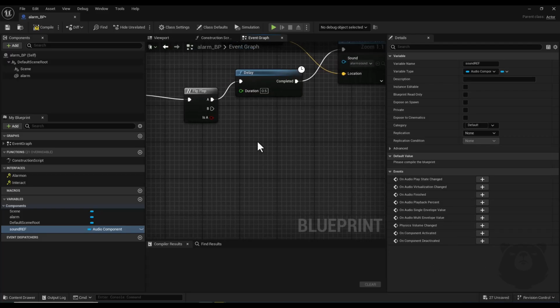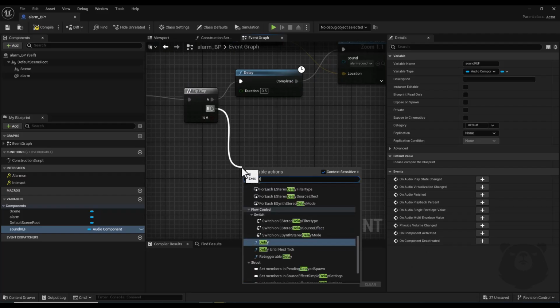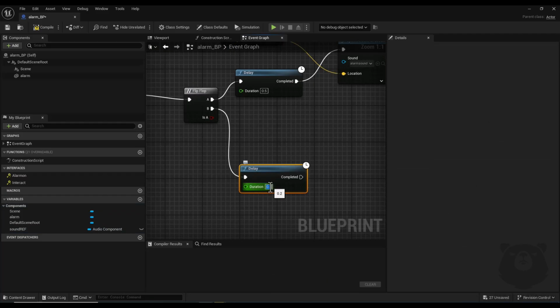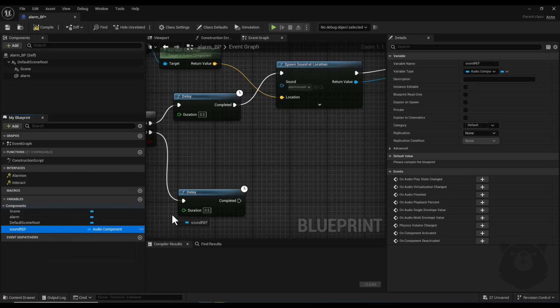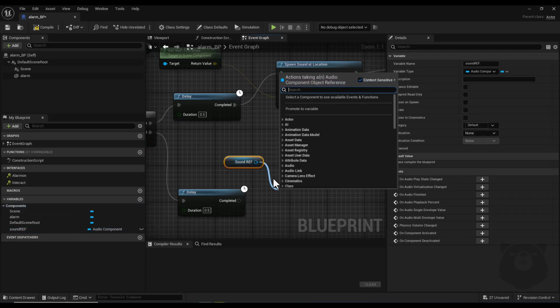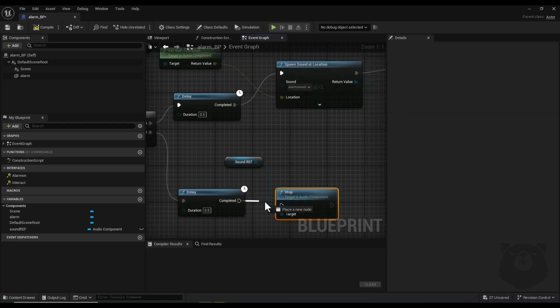And for this B execution pin, again I drag a node and I add a Delay node, and I set duration to 0.5, and now I drag and drop my sound reference, and here I drag a node and search for Stop. Alright, now I compile